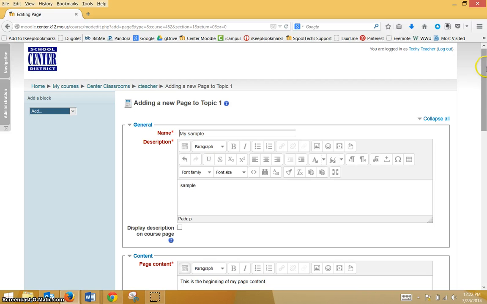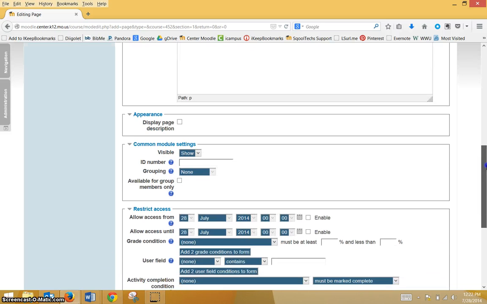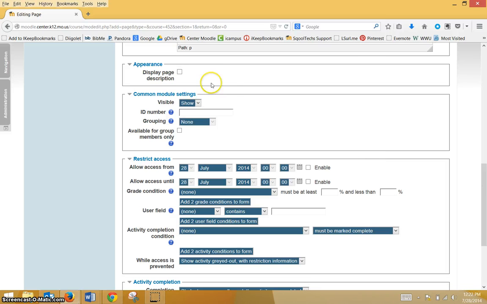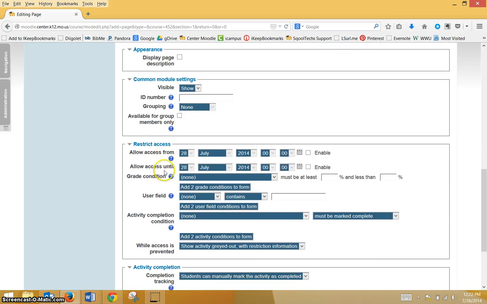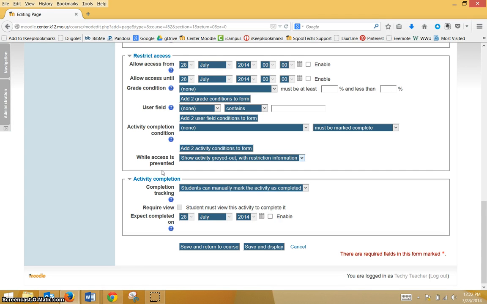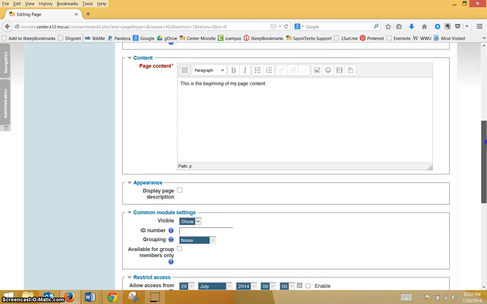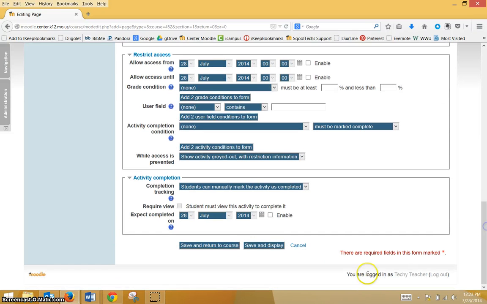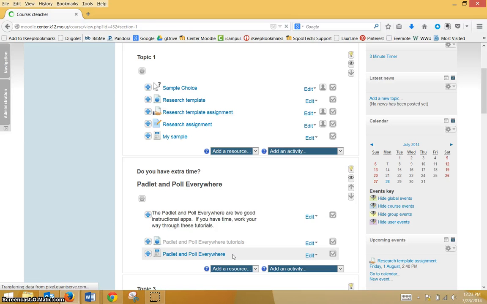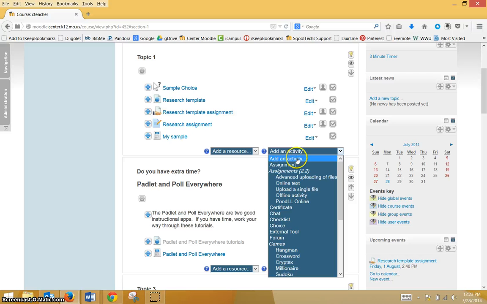And if I click on that option to expand everything, now as I start working my way down the page, I can see all of those settings that you've had in the past. Again, they were collapsed, they were hidden just in an effort to try to clean things up. If you like to see all of those options or just want to be reminded of what you have the ability to format and edit with your course, then go ahead and expand all of those options. And then work your way through the resource, apply what needs to be applied, and then save, and then it returns to your course, and you're able to add your next activity. But as soon as you go into your next activity,